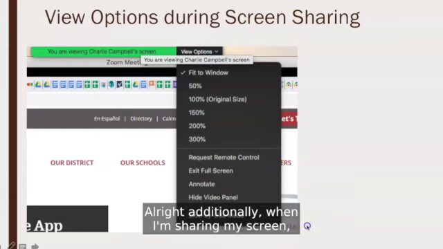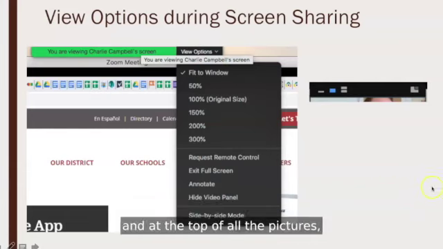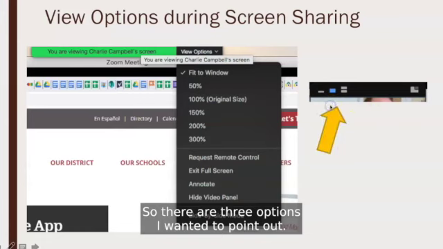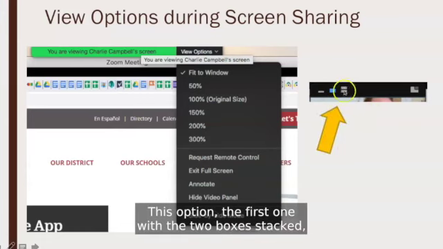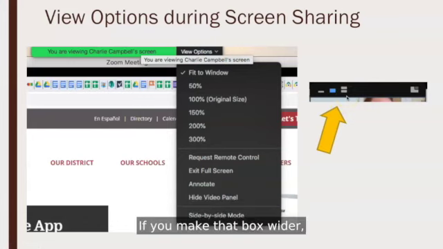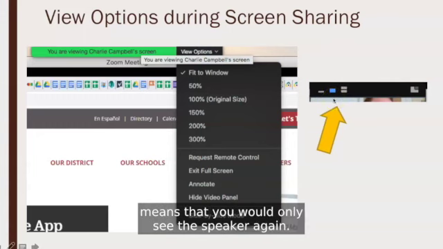All right, additionally, when I'm sharing my screen, you will see our pictures over on the right-hand side. And at the top of all the little thumbnail pictures are some options up here. So there are 3 options I wanted to point out. The first one with the 2 boxes stacked means that you'll see all the pictures in a row. If you make that box wider, you can see more participants. The second one, the single one right here, means that you would only see the speaker